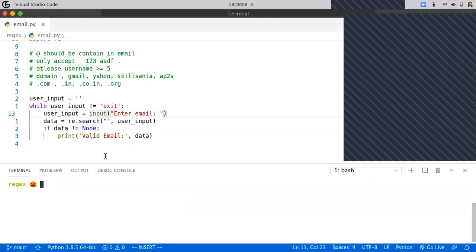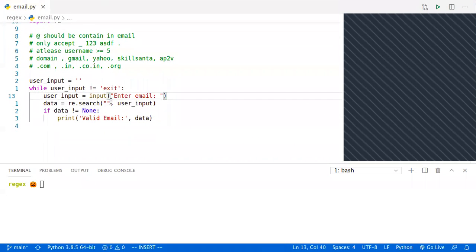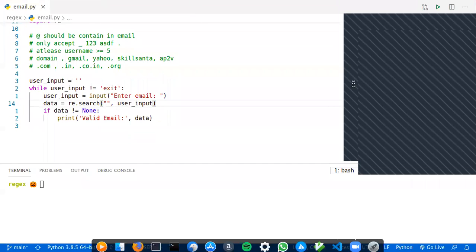Now the point is, we have to define our pattern. What pattern should I match? To match the pattern, I'm going to define the template. You know very well, first of all you have to understand one concept. If you want to match a specific number of characters, first of all, what I'm going to do here,